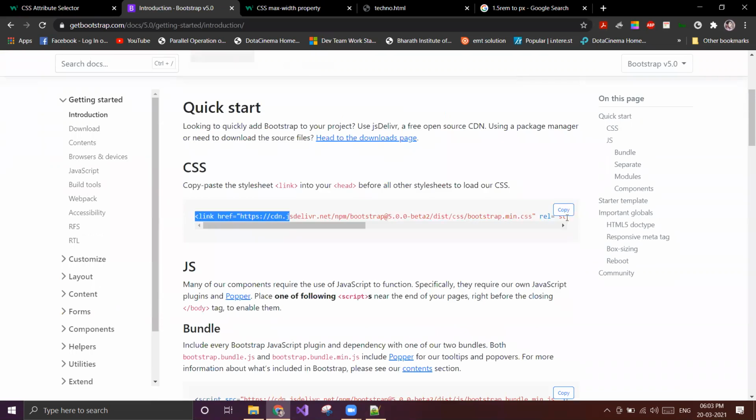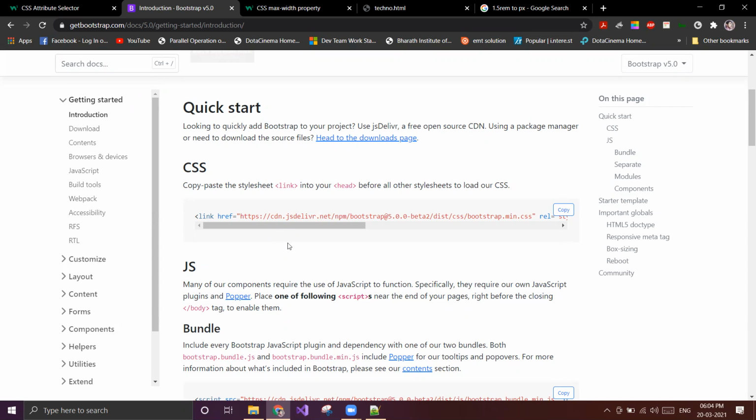This is the CDN link for bootstrap. If you use this link, no need to use that external style sheet file. You can do either, but this is better because we don't need another file. After you paste this CDN in the head section, you can start using bootstrap.